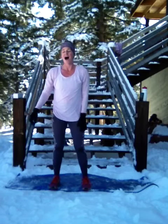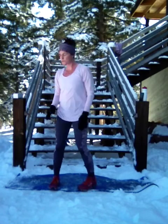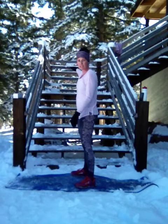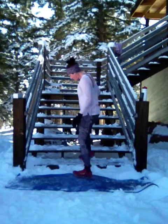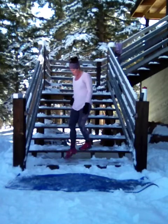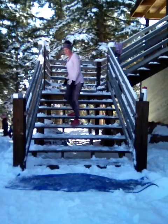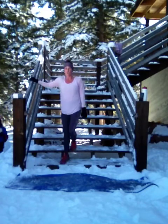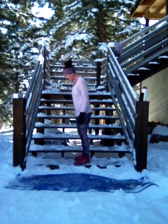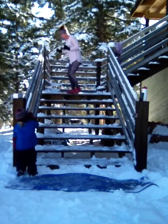Mine's over. I'm going to go through and demo the next round of 6 exercises. So the first one, we're going to stand sideways to our staircase, doing fast feet as we go up. You can either place both feet on each step as you move up, or you can cross. But we're trying to move as fast as we can, so if you choose to cross, you might want to have your hands on a railing just to make sure you don't trip and fall. So it'll look like this. And then same thing, fast feet on the way down,